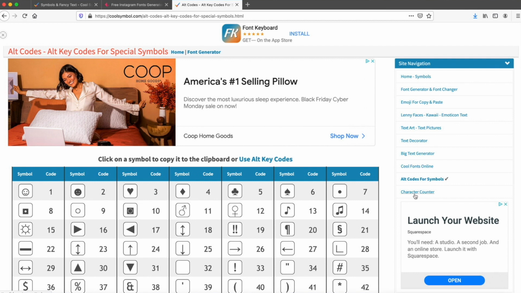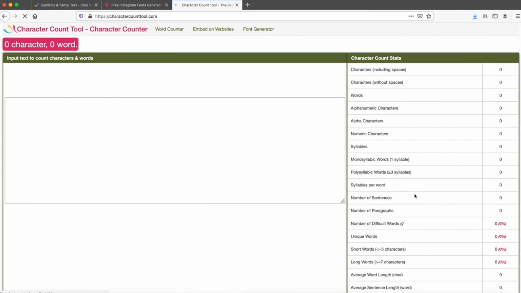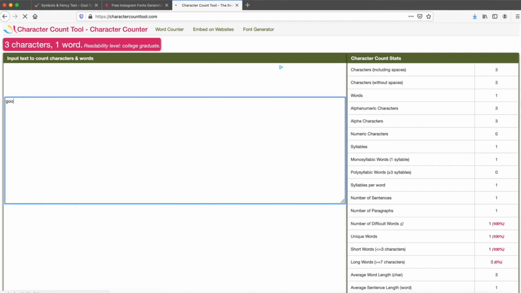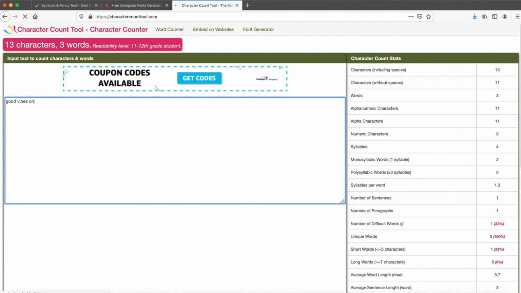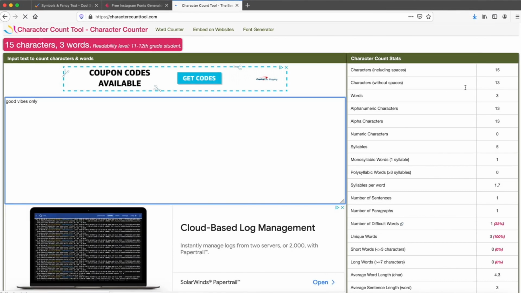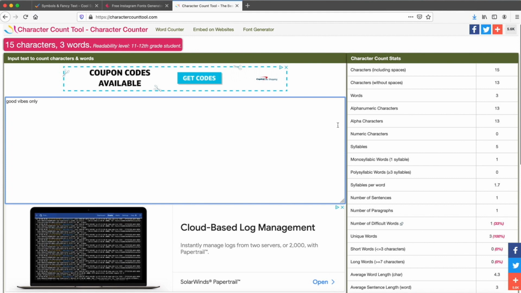And character count, this is if you need to use a certain amount of characters, you can do it over here and just start. And it will give you all the information that you need. So yeah, this is the website, this is the tool. I hope it gives you a little bit of help,